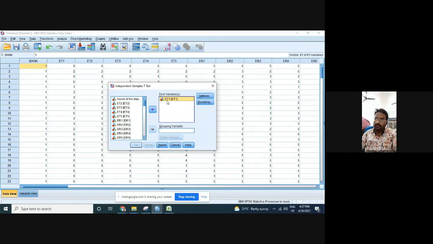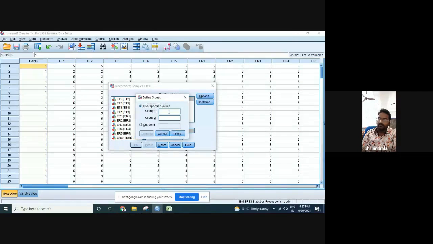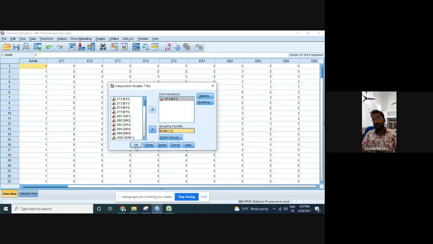Then we can also take one more variable, name of the bank, as the grouping variable, and click on Define Groups. It is asking to define groups: group 1 is 1 and group 2 is 2, then click on Continue, and then click on OK.